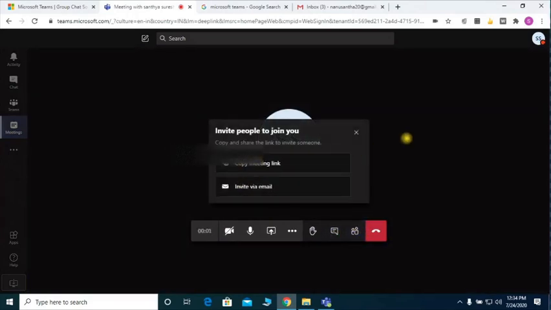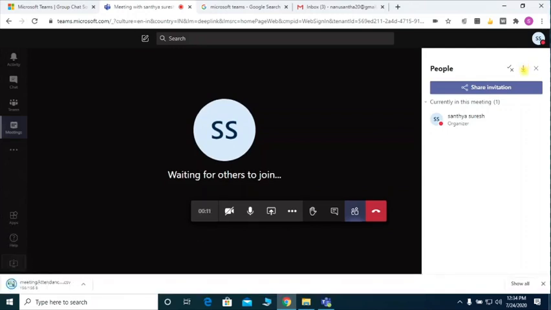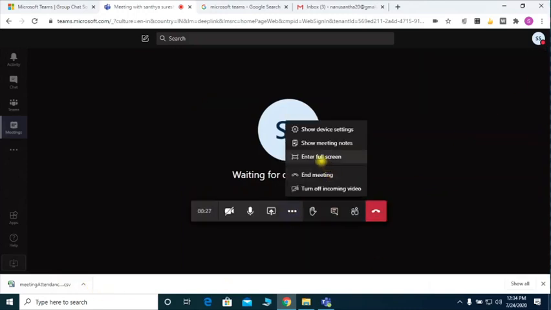Once you click on People, there is a download option. If you click on that, the meeting attendance will automatically download to a sheet. So you don't need extra software for this. All these functions are included in Teams itself. So that is one benefit. Then if you want to exit, you can click on the exit option. If you are using the school-based version, the record option can also be seen from here. But in the business option, that option is not available. Only for the school option, the record option is there.